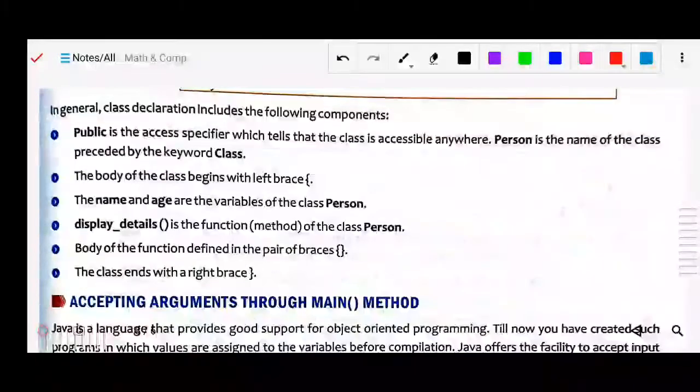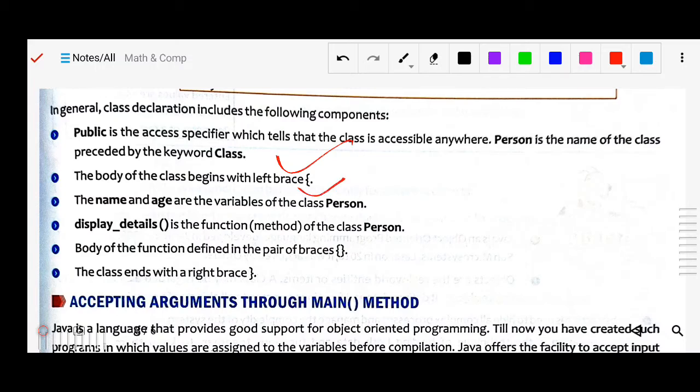Public is the access specifier, which tells that the class is accessible anywhere. Person is the name of the class, preceded by the keyword class. Next, the body of the class begins with the left brace.